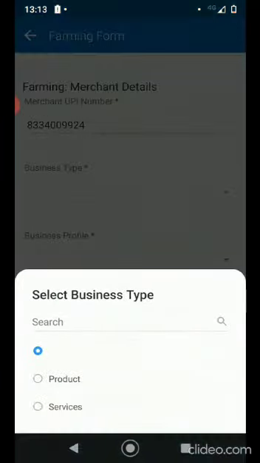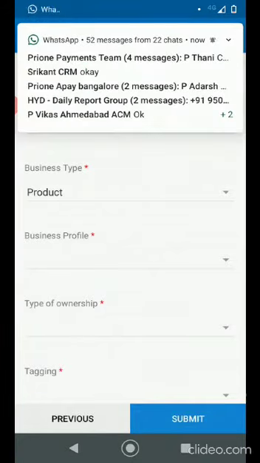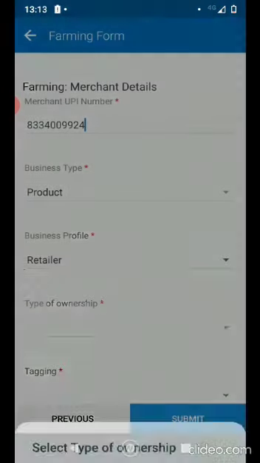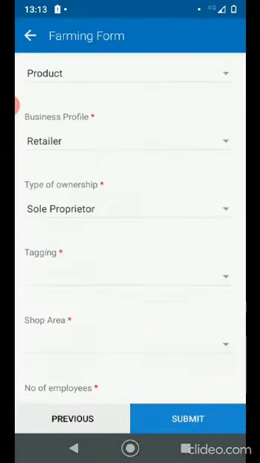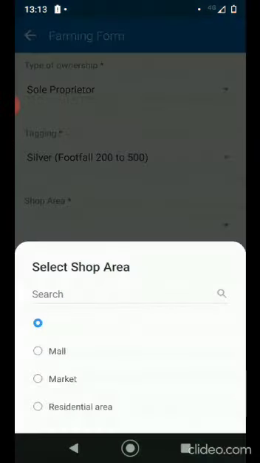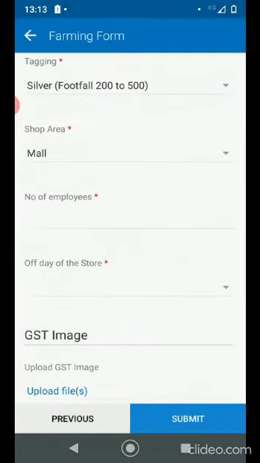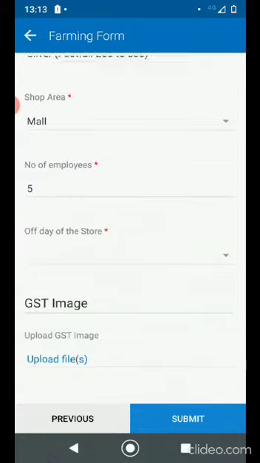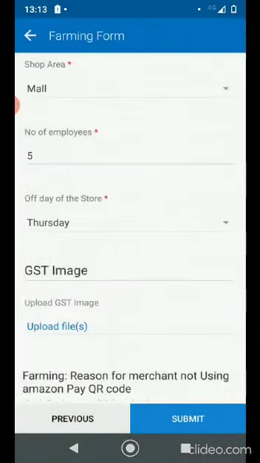Business type. Business profile. Type of ownership. Tagging. Shop area. Number of employees. Off day of the store.